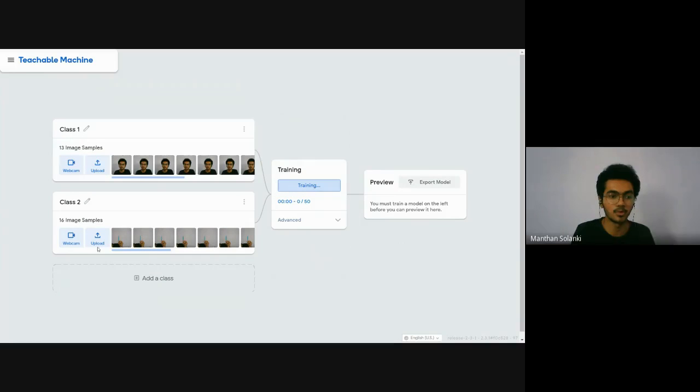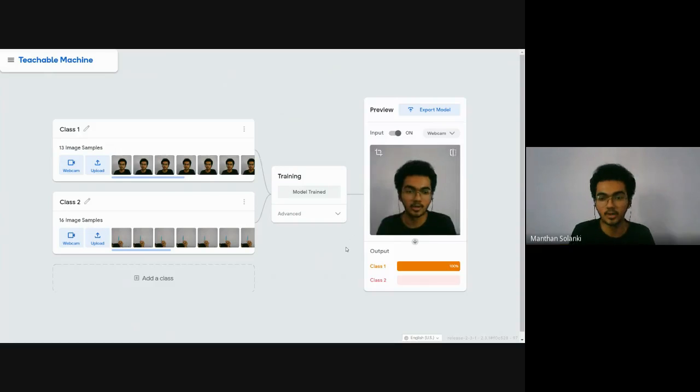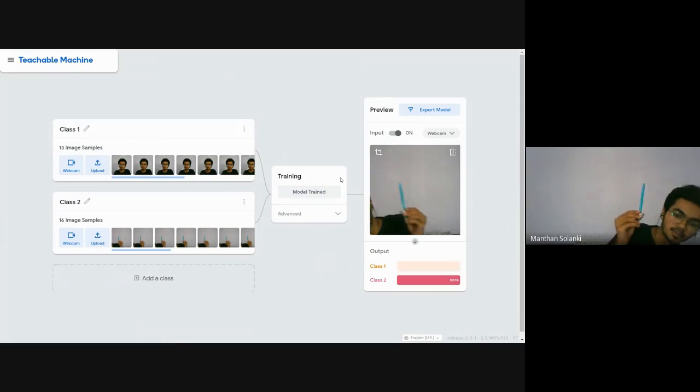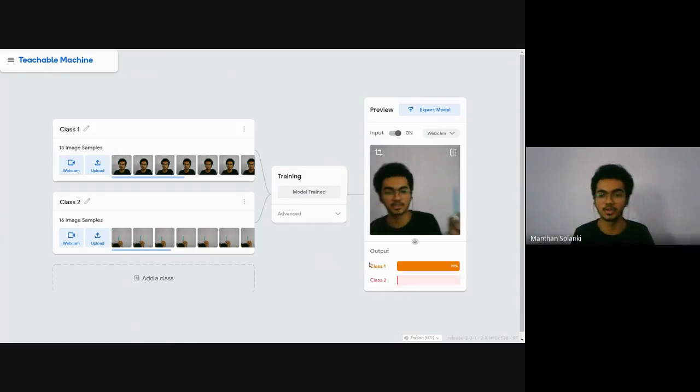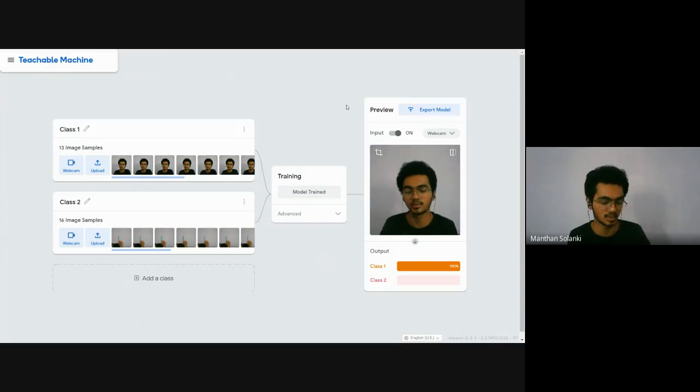Okay, so my model is trained, right? So this is a simple two-class classification. This is the real-time camera input, and if I simply pass the pen, then it is class 2, pen, and class 1 is my face. So this is how you can export the model for your website and so on.